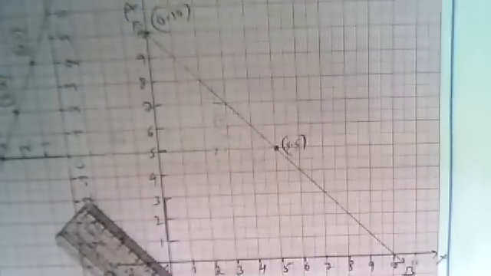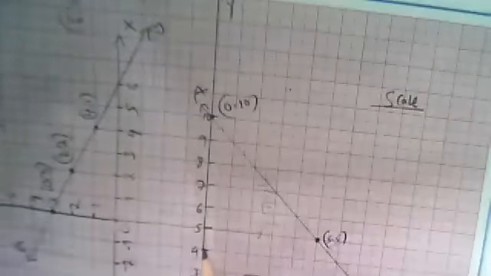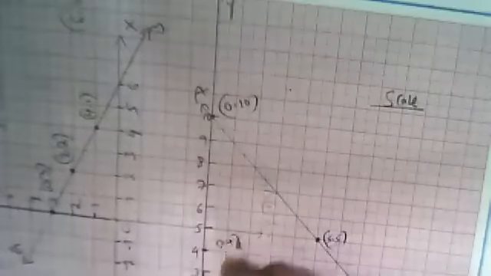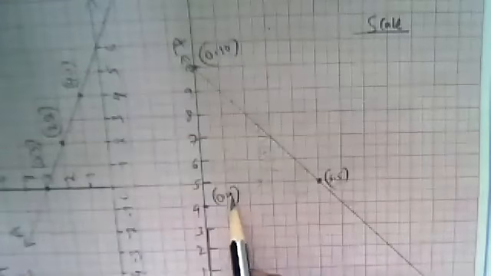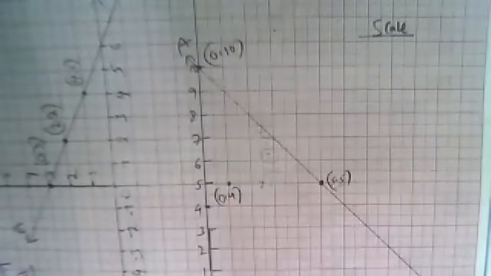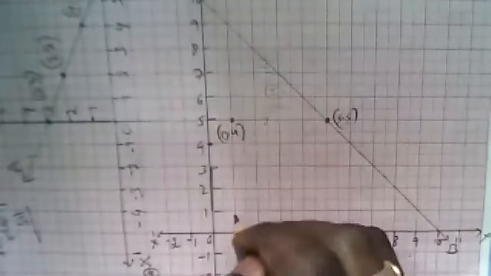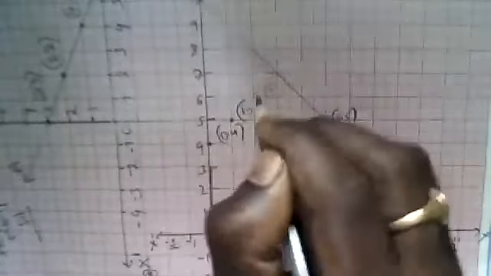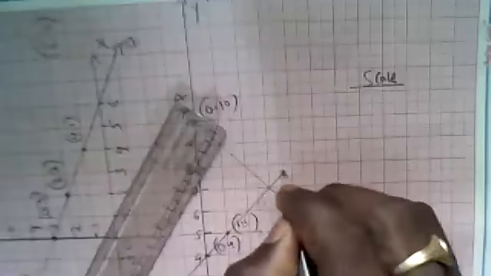And for the second equation, x is equal to 0, y is equal to 4. Okay, this is the point. And x is equal to 1, y is equal to 5 means you should go up 1, 2, 3, 4, 5, that is 1 comma 5, and you can draw the graph through these 2 points like this. This is CD.